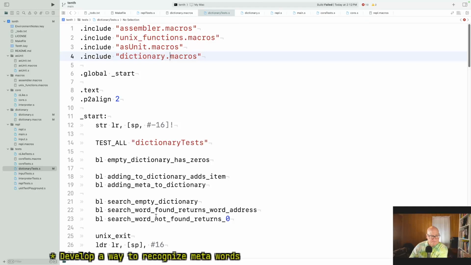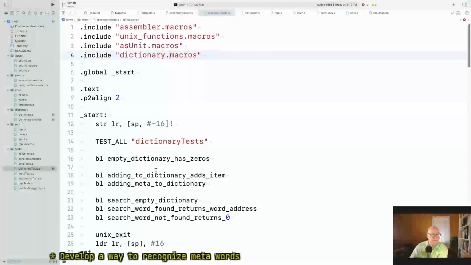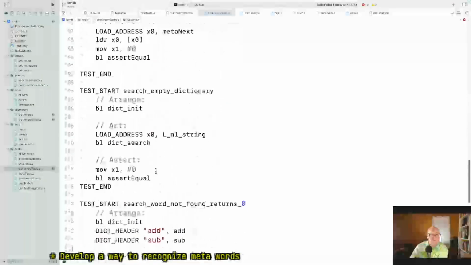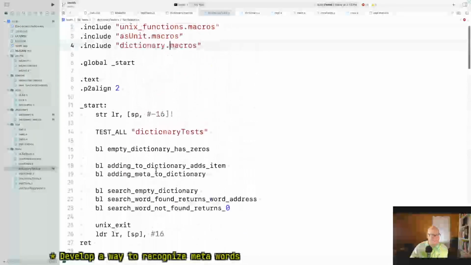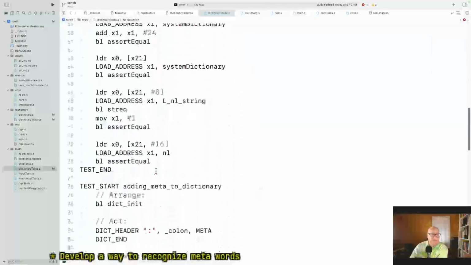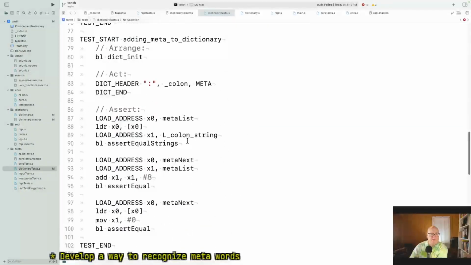The first pass, did I run adding meta? Yes. Adding meta. Okay, the colon is in the right place. So we did put a colon string, a pointer to the colon string, in the first slot. Woo. Okay, now I'm looking at